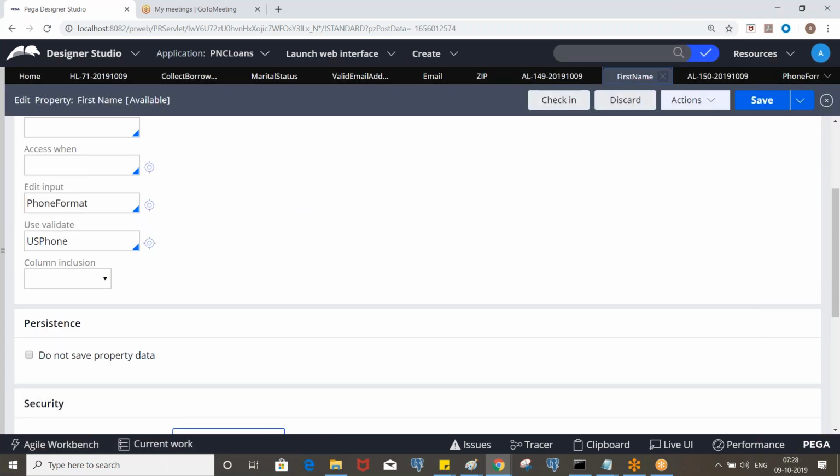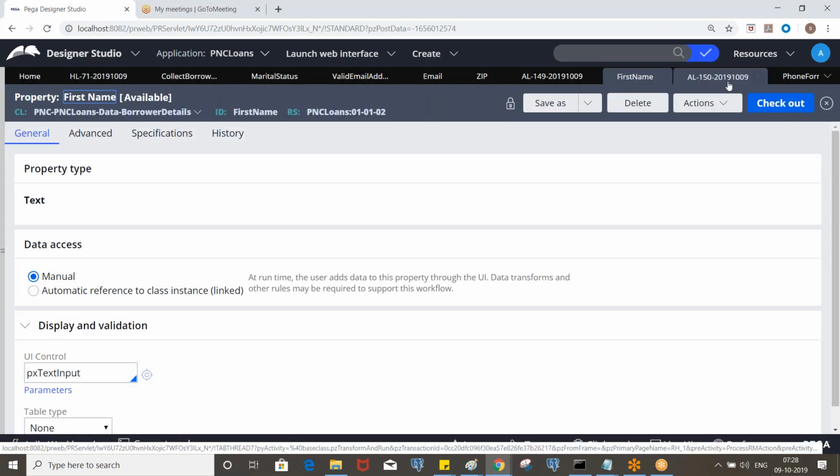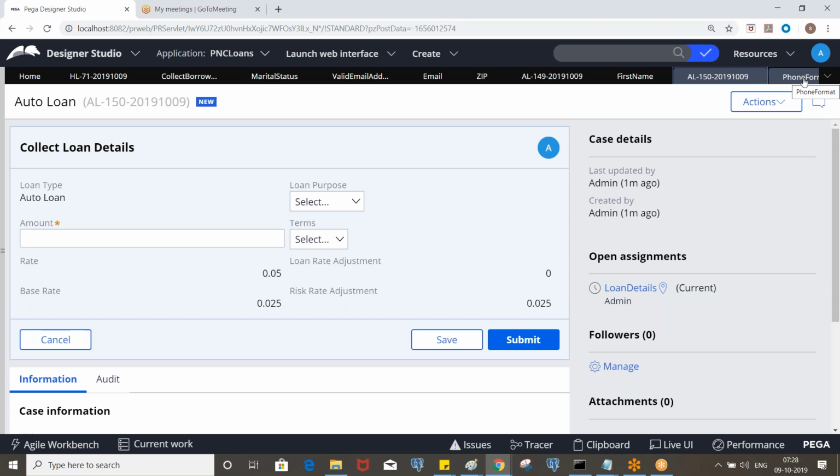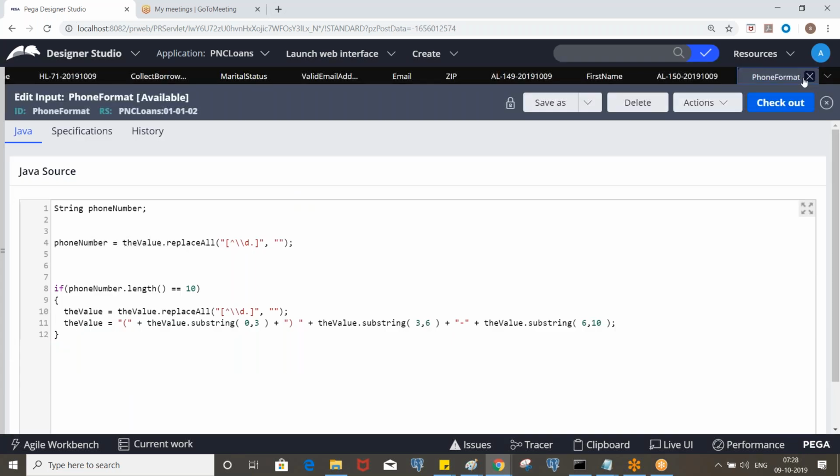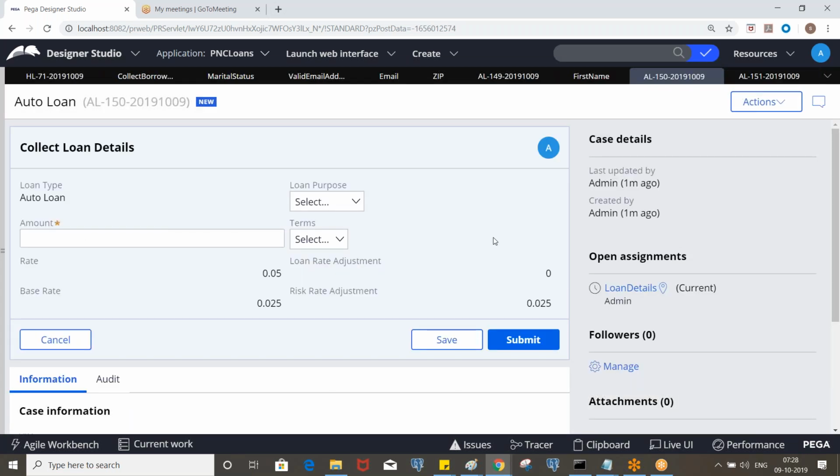So likewise, we can test. Satya asks whether in the interview they will ask core Java related questions also. No, they don't ask about this. The main aim of PRPC is zero coding. If you write some code and have any issue, even Pega will not support it in most cases.